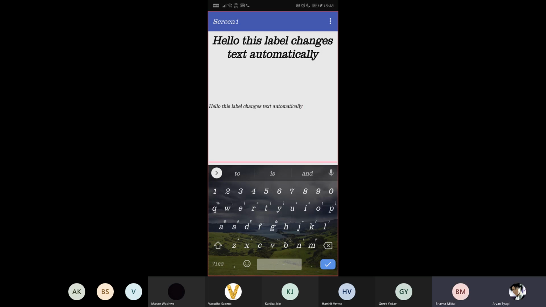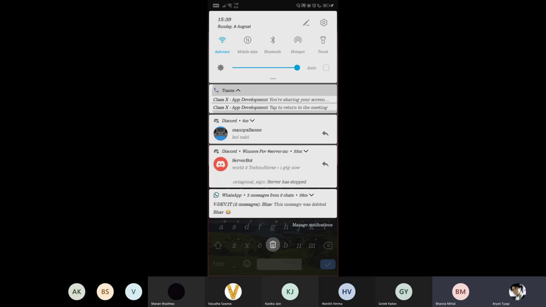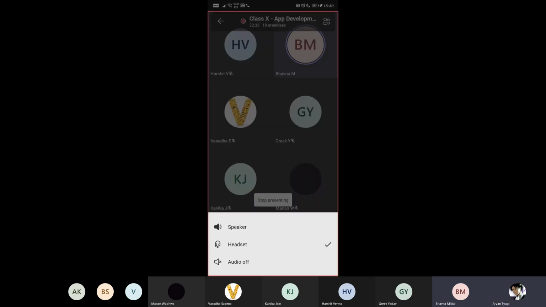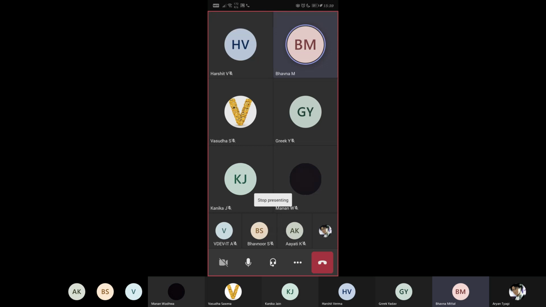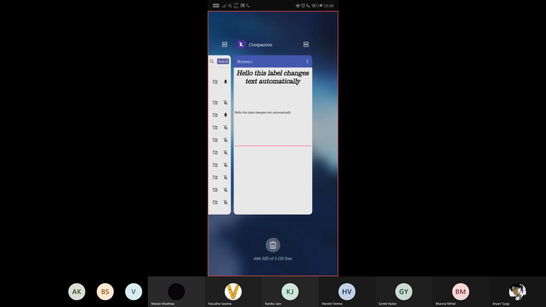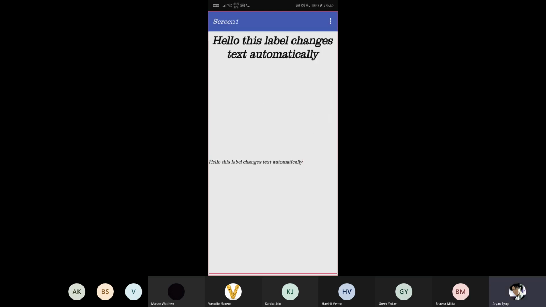Now how does it work? Are you on the coding part? Ma'am, can you please confirm if I'm audible? Yes, you are audible. Students, are you all facing any difficulty or is it okay?